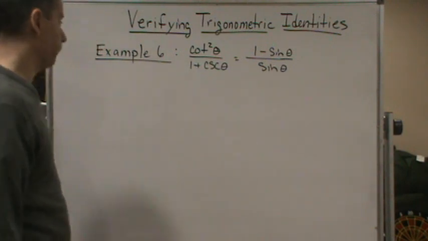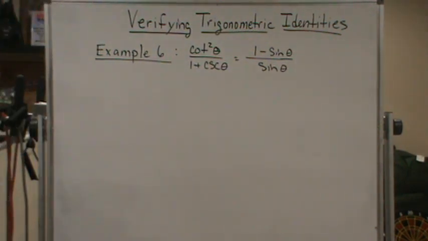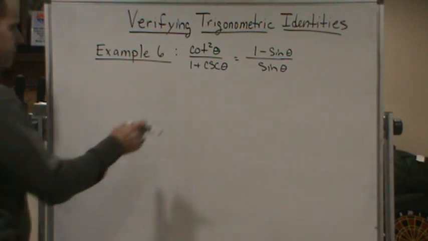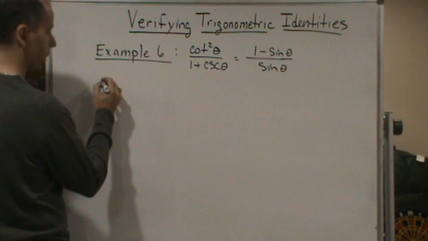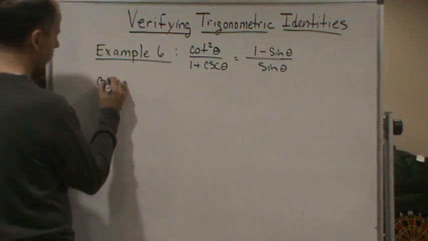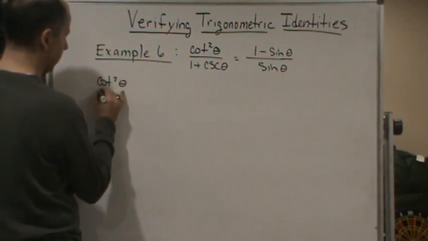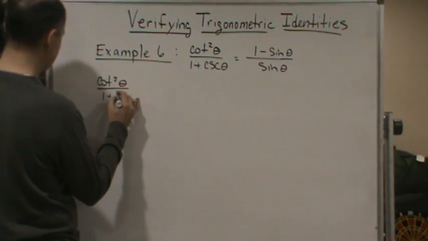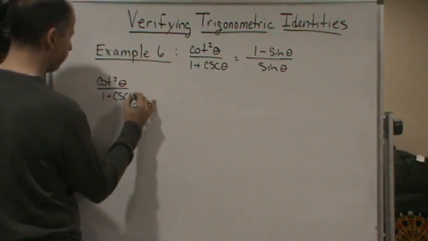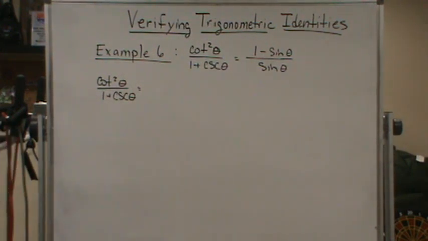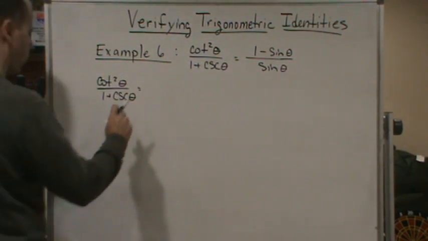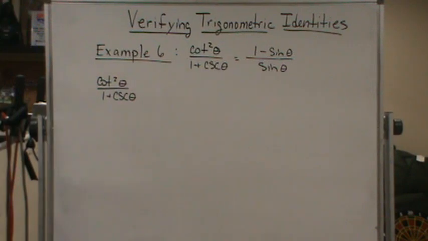Let me show you. Okay, so let's start with the left side. See where we can go with simplifying this and see where it takes us. Okay, so we've got cotangent squared theta over 1 plus cosecant squared theta. Okay, so let's simplify this, and I'm going to start by multiplying